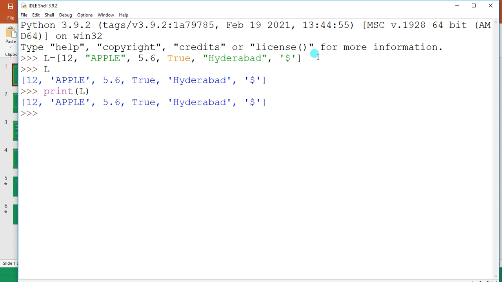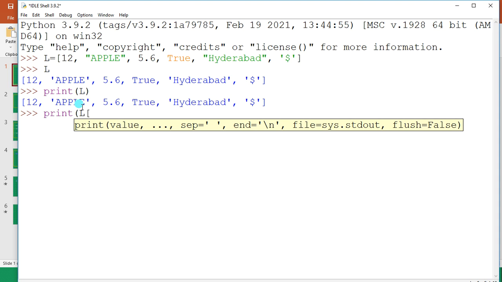And if you wanted to print, say for example, the second value, so this one, then how? So L of, okay, let me use the print command. So print of L, and